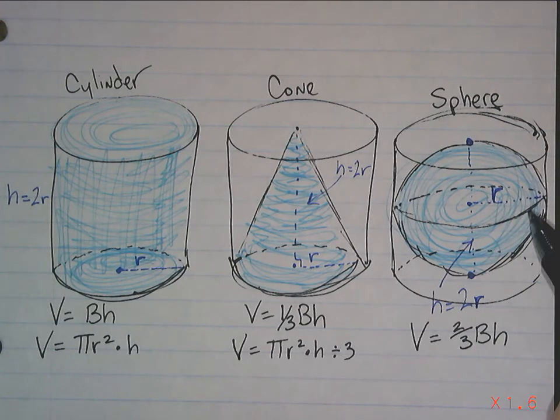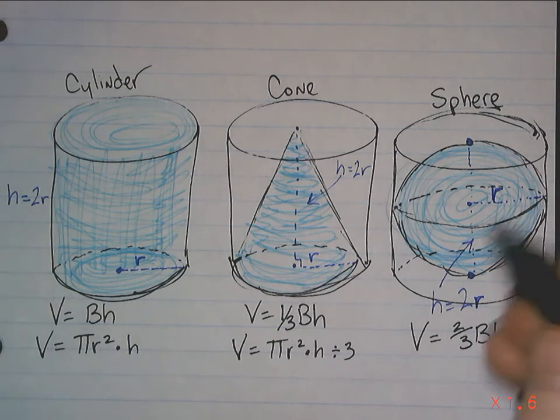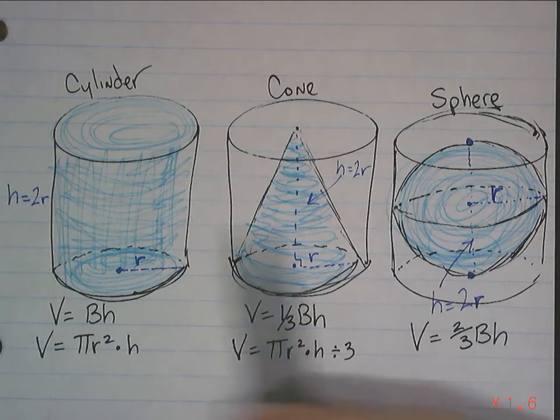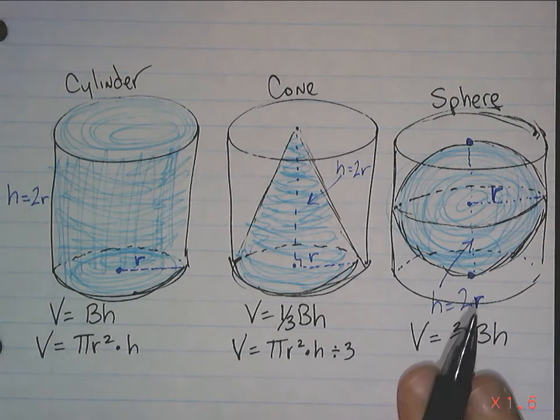So we just use 2r, twice the radius. Again, if the radius was 5, the height of the ball would be 10. If the radius was 6, the height would be 12. It's not always the case; cylinders can be longer and whatnot. But again, this is just to show you how this all relates to each other and how this formula up here